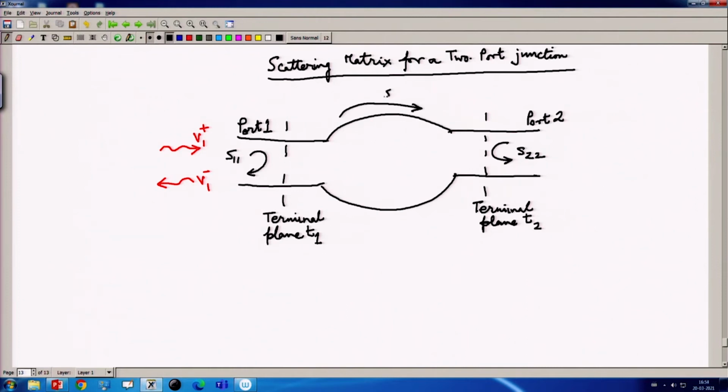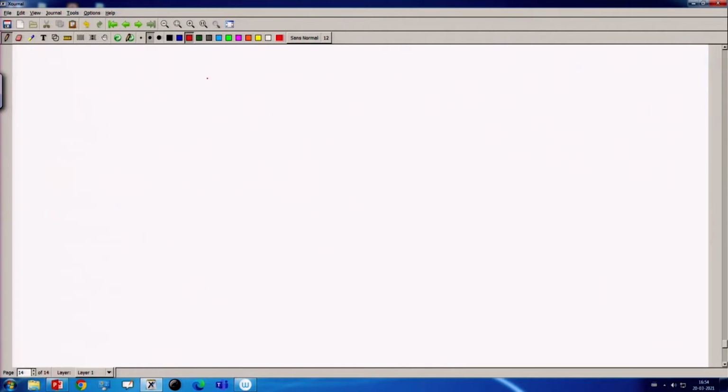Here is S21, S12. Okay. So, this is the general depiction of the two port network. So, what do we have? We simply can write down the equation involving the voltage waves, the incident and the scattered voltage waves. So, from here